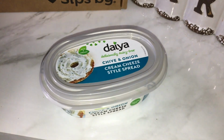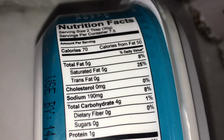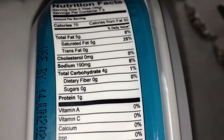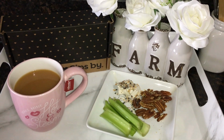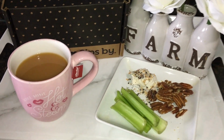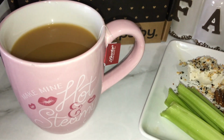And for a little snack, I'm going to have a little fattening snack sort of, or a snack plate basically. I'm going to use some of this Daiya cream cheese. Not one of my favorites. The carbs are a little bit higher than I would prefer compared to some other cream cheese I have, but not too bad. But like I said, I'm going to make a little snack plate, and basically what I did was I have my tea all ready to go, and then I just made a little plate of some